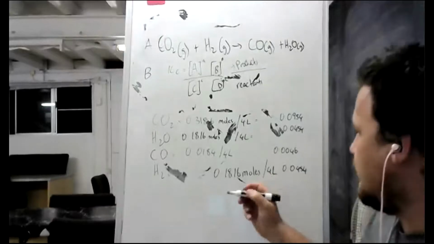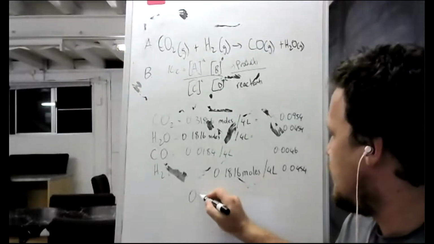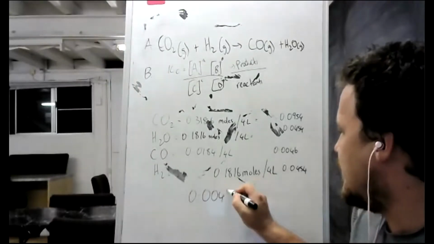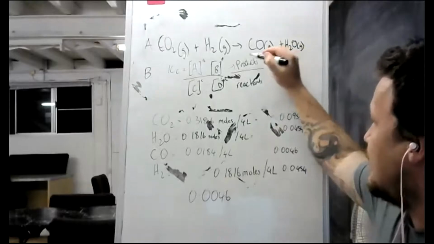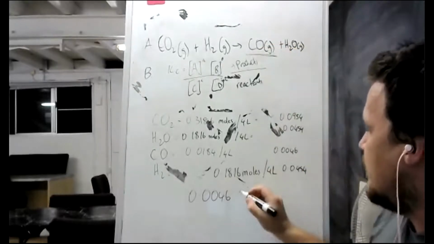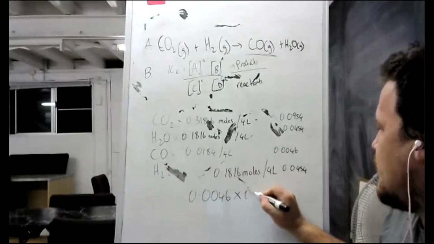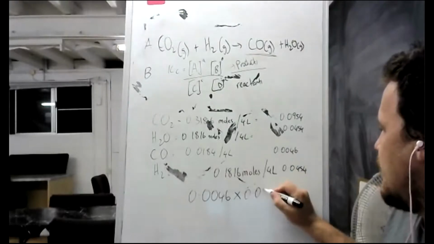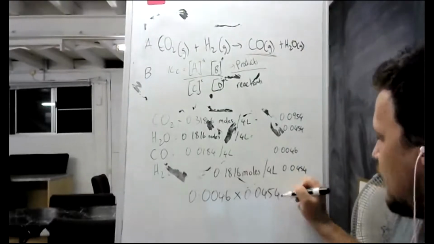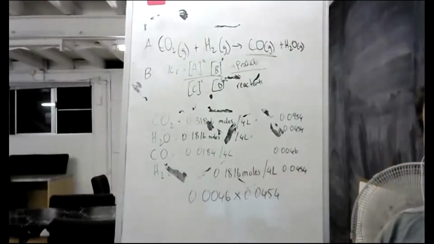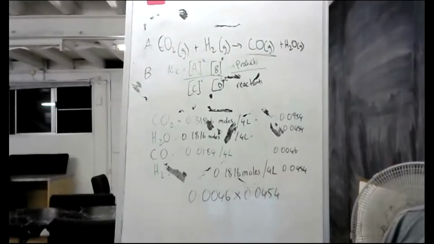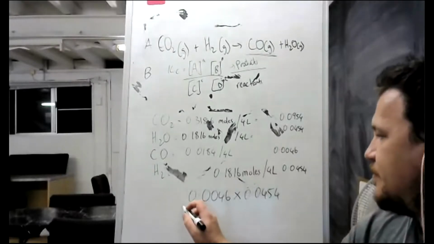So we would have 0.0046, which is the first product, times 0.0454, which is the concentration of the second product, which is water vapor,